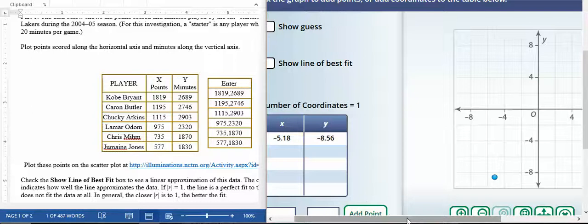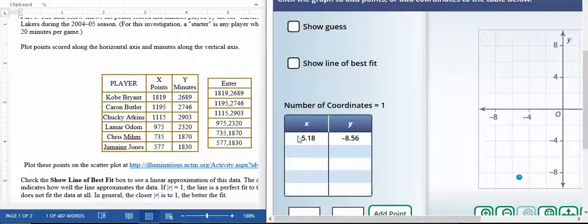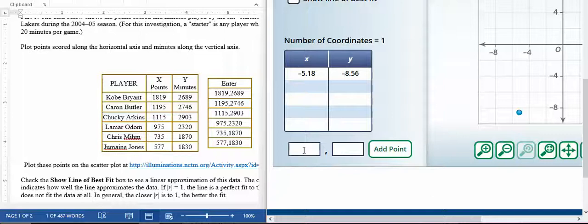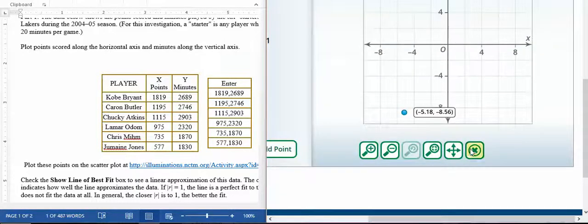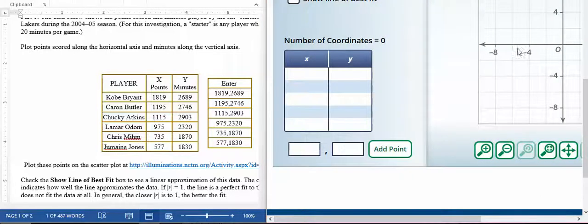Here we go. Oh, sorry, I had to go to add point. I went to the wrong spot. I want to delete this point. That point is not good. Click on a point to erase it. There, that point's gone. You can click on the graph to make the points too, but I want to enter